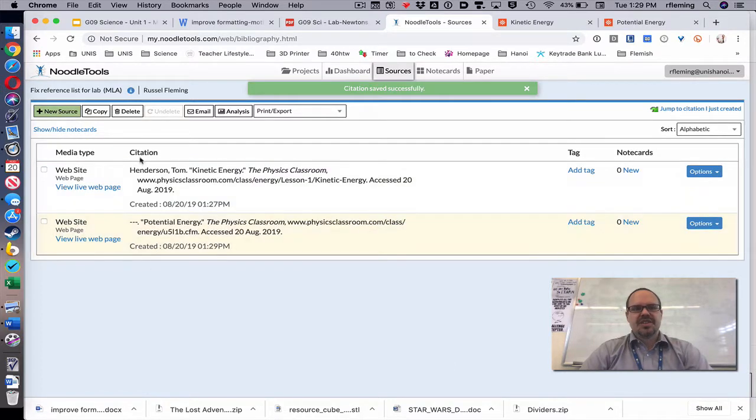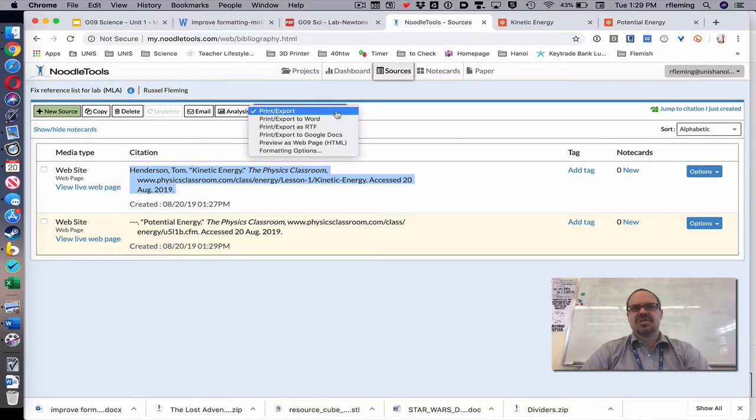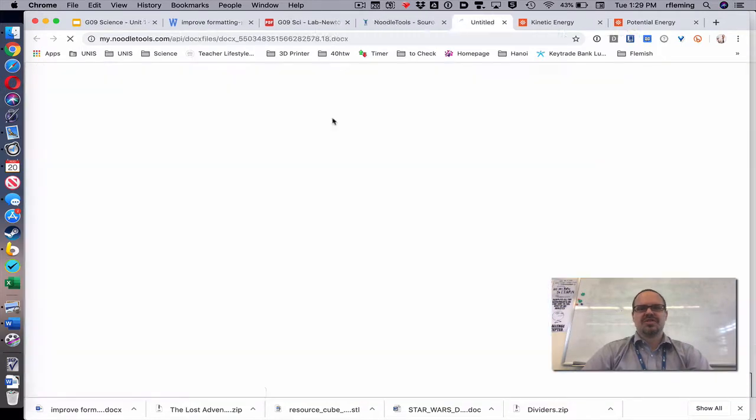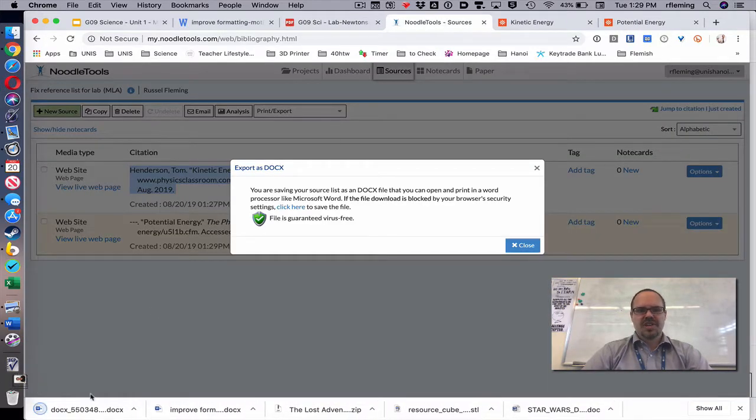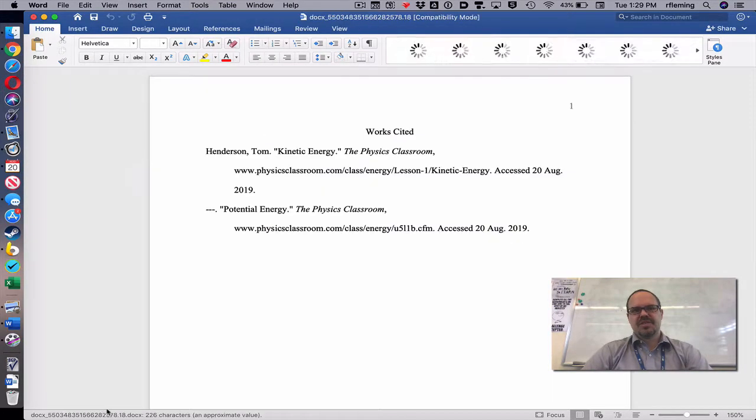Now, one issue: once people have done this, some people try to copy and paste this. That is incorrect. What you need to do is, right here, print export. We can export to Word or export to a Google Doc. Many of you will be working in Google Docs, so we'll do that second. First, I want to do Word just to show you. So right now I'm working in Word. Downloads the file, open it,